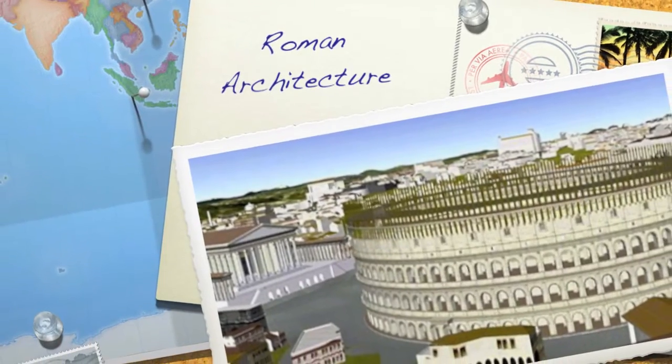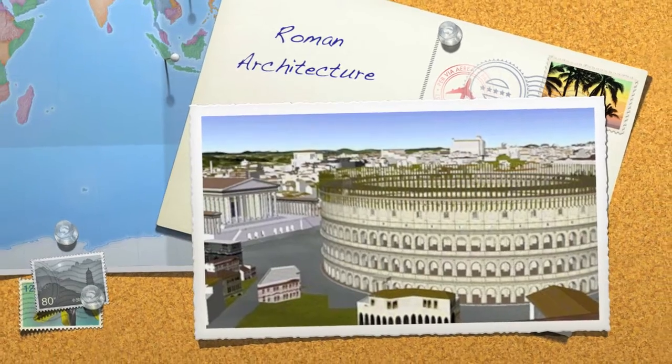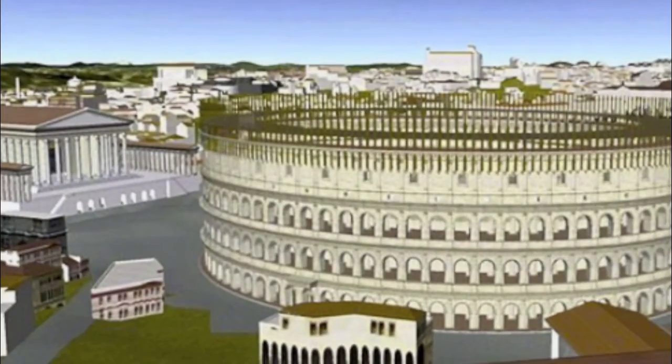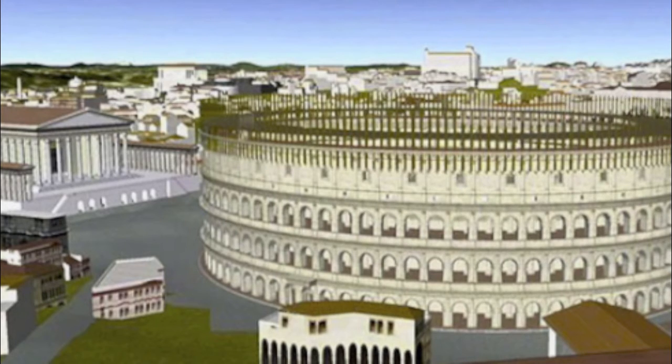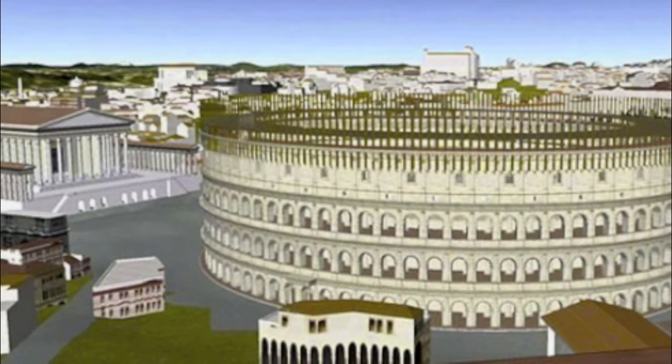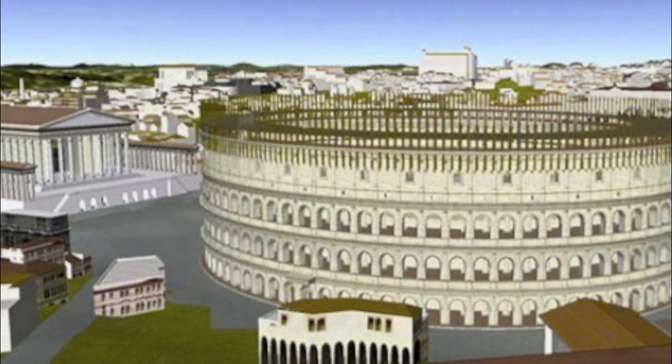The ancient Romans made advancements in many fields. They improved science, war, medicine, and government, just to name a few. But the most outstanding achievements the Romans made were in the field of architecture. Roman architecture is extremely influential to modern architecture because they gave us the arch, pioneered the production of concrete and